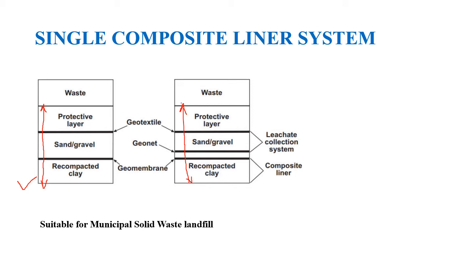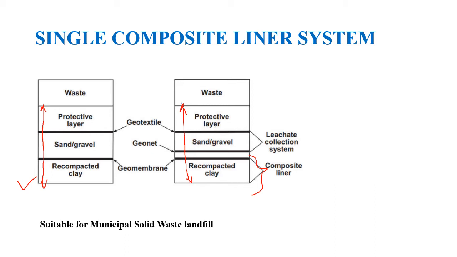And then again you have geomembrane and recompacted clay. So basically you have two barrier materials, a geosynthetic material as well as a natural material, which will perform the function of barrier. So there is an extra safety. This forms the composite liner system. When you draw, you can draw one section completely with natural materials except for this part. The difference between single composite liner system and single liner system is that